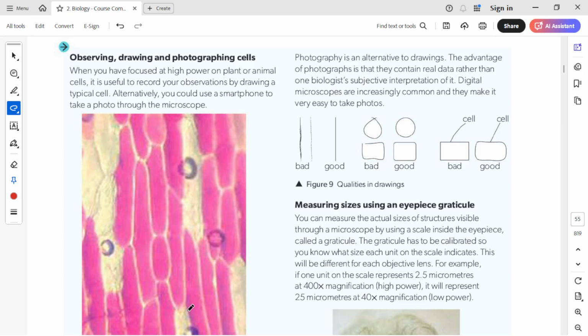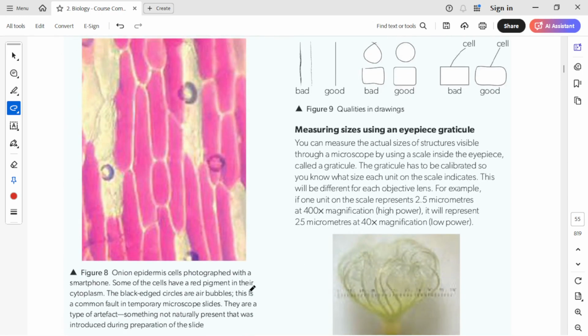So here we can see this is the picture of an onion epidermis cell. Whenever you cut open an onion, you will see between the two layers of onion a very thin film-like structure. So that peel is used here, and it has been stained. Now we can see certain cells clearly in their shape, and they have taken up the stain. The ones which have not taken up the stain are the dead cells, or they might have got ruptured due to some reason. And these round structures are the air bubbles that you can see. So this is the structure of an onion peel that you'll see under a microscope.